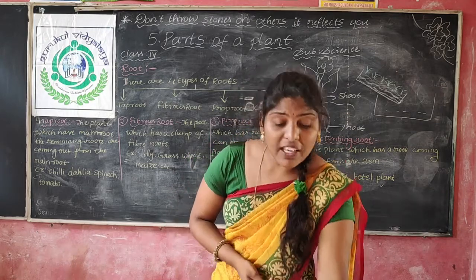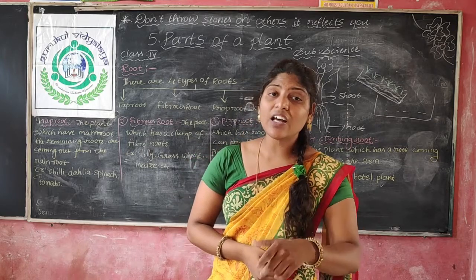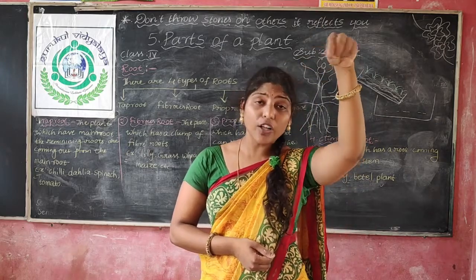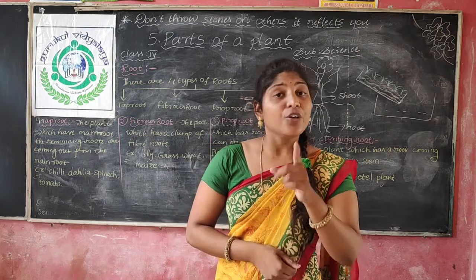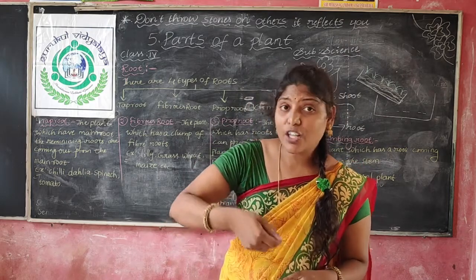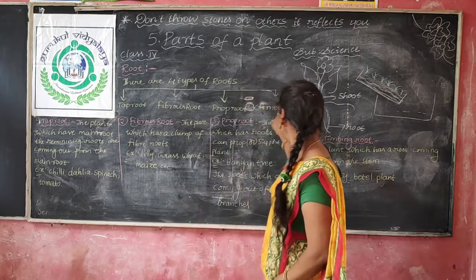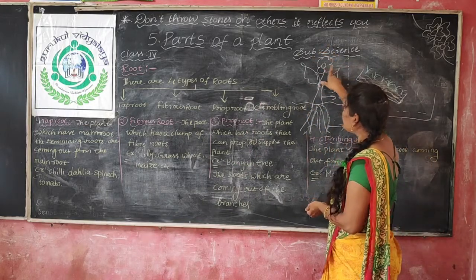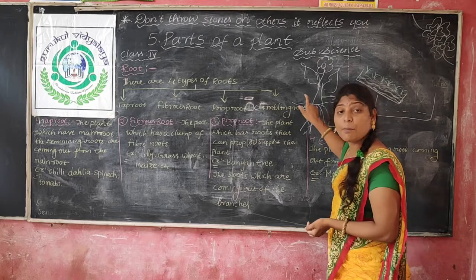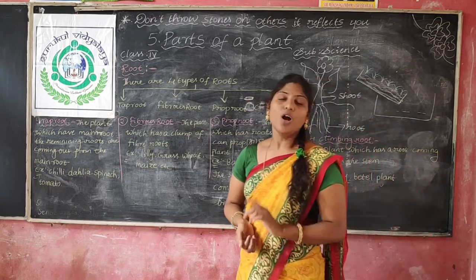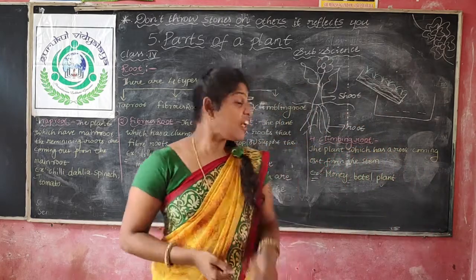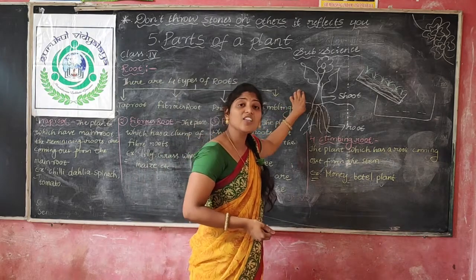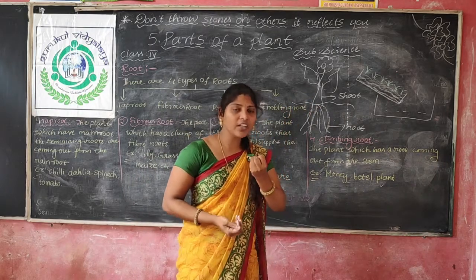Are you giving at the base of the plant, or are you spreading the water on the leaves? You are giving the water at the base of the plant only. Here you are giving the water, you are not just sprinkling water on the leaves and flowers. Yes, at the base of the plant we are giving the water. Why? Because when we are giving the water, the soil is used to absorb that